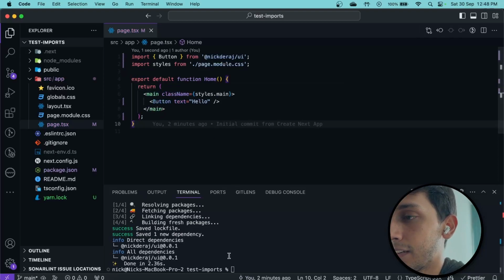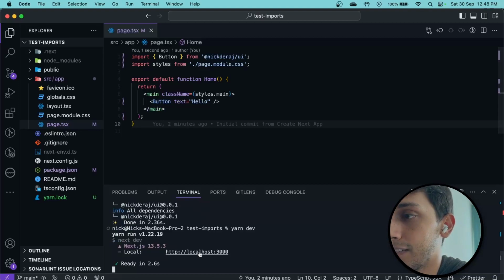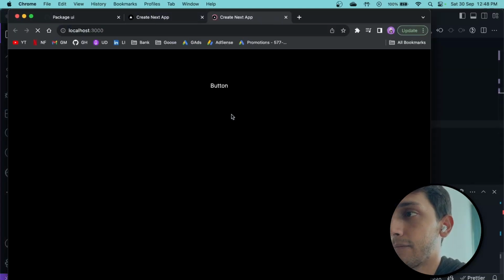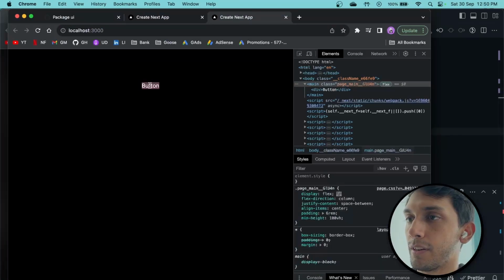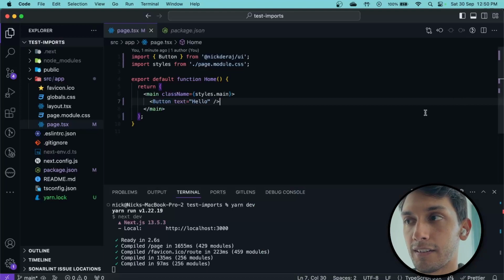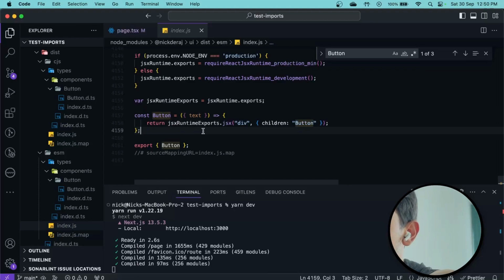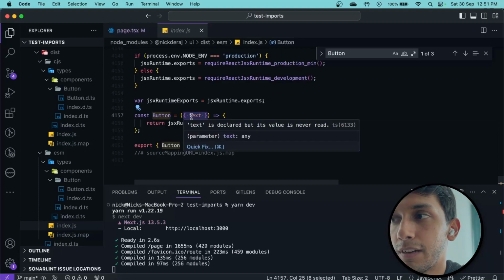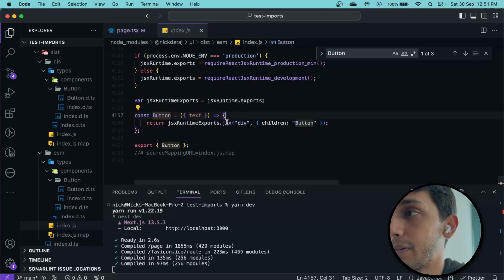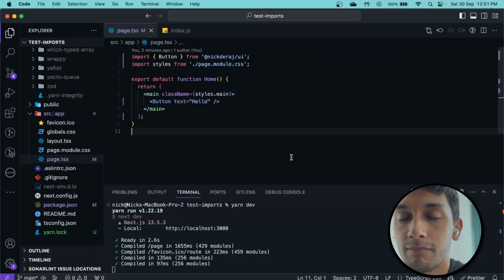Not sure what happened there, but let's try run the app and see what our button looks like. Obviously it's going to be unstyled, but let's just make sure everything worked. Yep, that isn't quite what I expected. So I just get a button rather than the div containing the text, and I'm not too sure why, but we can look into this. And I think I didn't save because it says here that the text is declared but never used, so I think it's just a mistake on my part. But the good news is that the package works, so we're going to fix everything, build it, and then publish